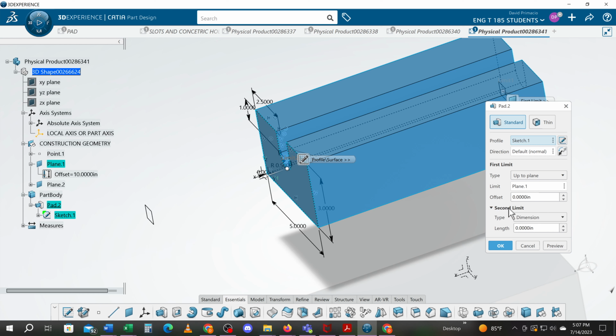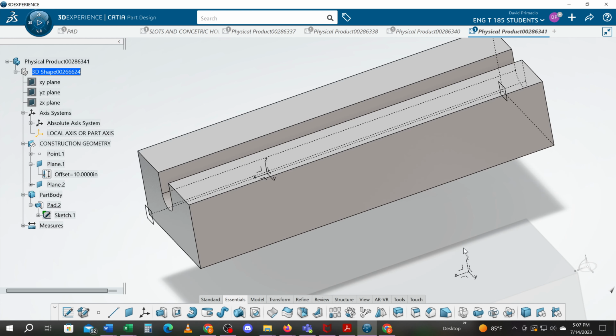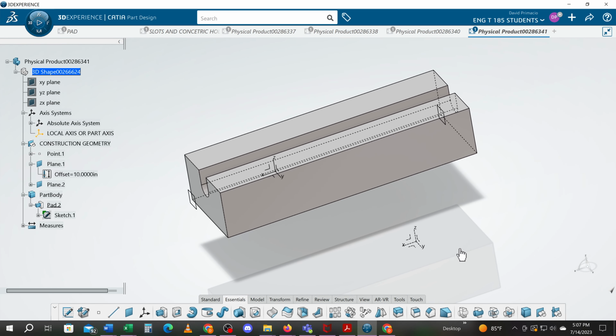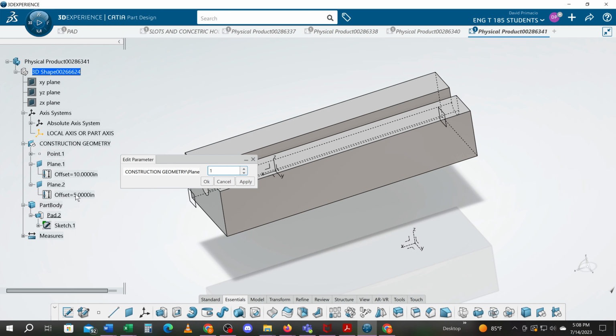and for the second limit, type, dimension, we switch it to plane. And then we pick this plane, and I select OK. And now this solid is linked to those planes. Wherever the planes go, this part will go. If I change offset number 2 to 1 and hit enter,